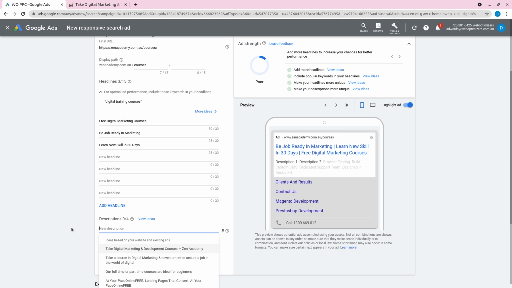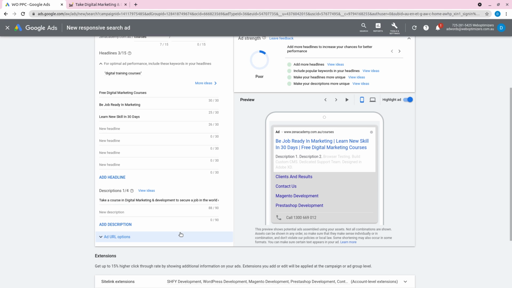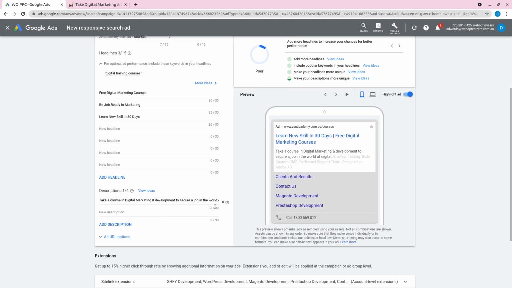And I'm going to go ahead and write a description as well. So some of the suggestions: take a course in digital marketing and development to get a job in the world of digital. It doesn't seem that bad. Fits ideally over there in terms of the character limit. All I've got to do is fix the